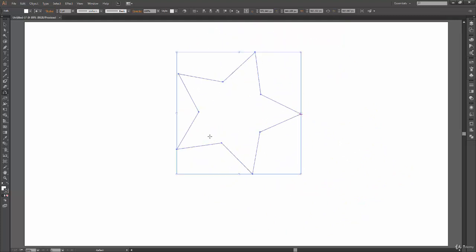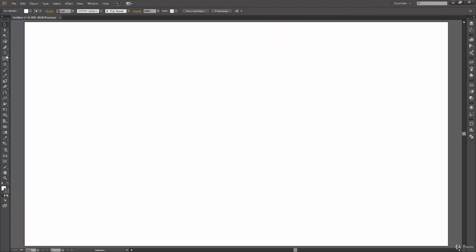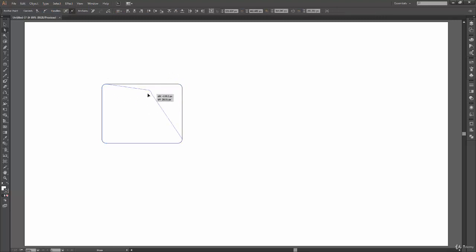Now how does reflection work? For that we actually should take a shape which is not symmetric. So let's create a shape instead. I'm going to draw a rounded rectangle and select the direct selection tool, and we will make some changes here. Select these two anchor points, move them over here, and select this anchor point, move it further. Okay, and select this.